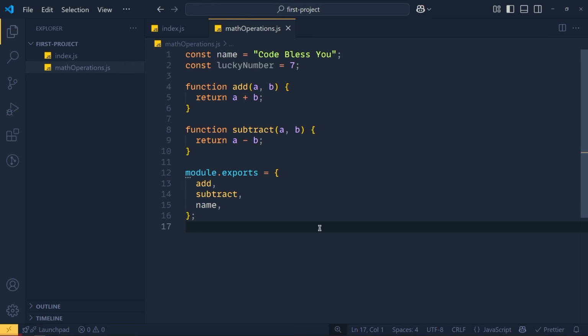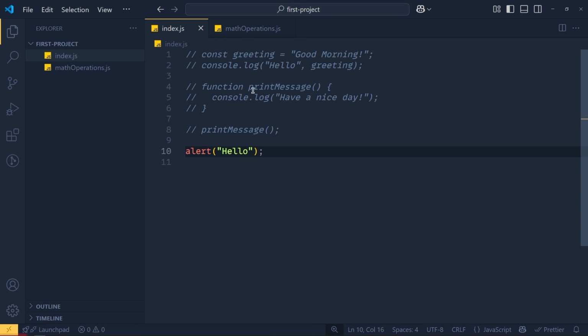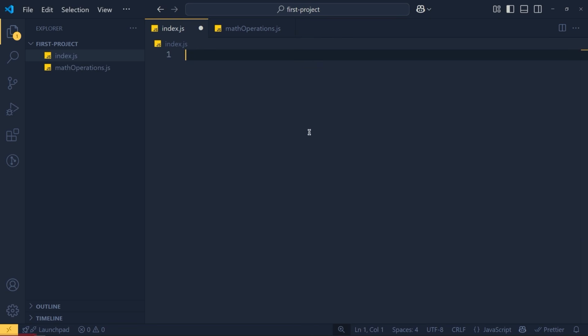Now let's see how we can access these properties in the index.js file or any other file. So let's remove this previous code, we don't want it. Now to import any module in our file, we have the require function in Node.js. So we call this function here, and inside this function in quotes we will enter our module path. As we can see, both files are in the same folder, so we can write here dot forward slash, which represents the current folder. And here we write our file name